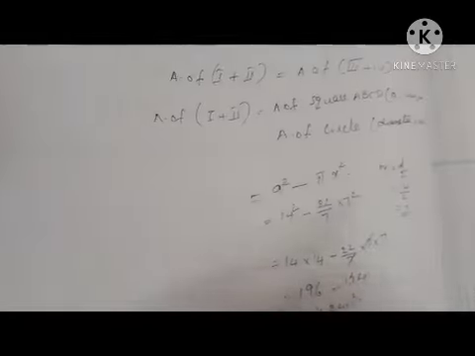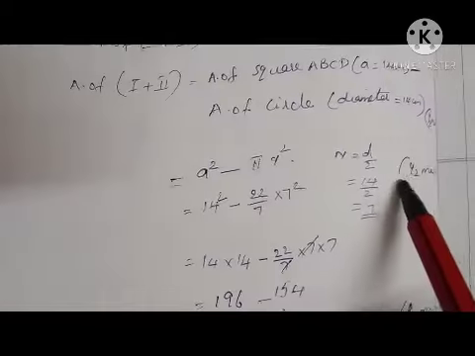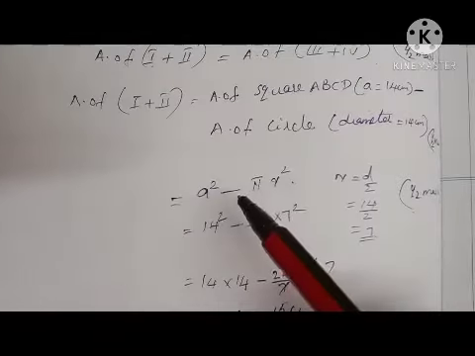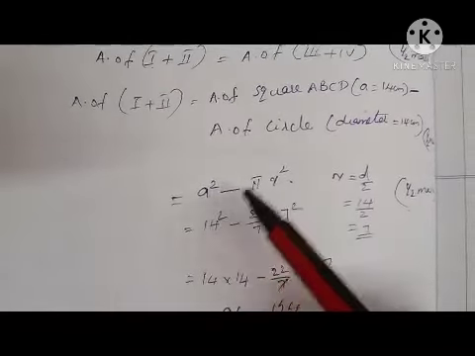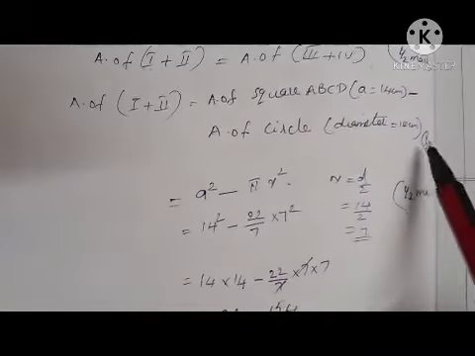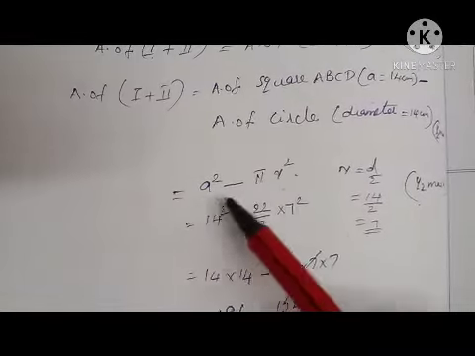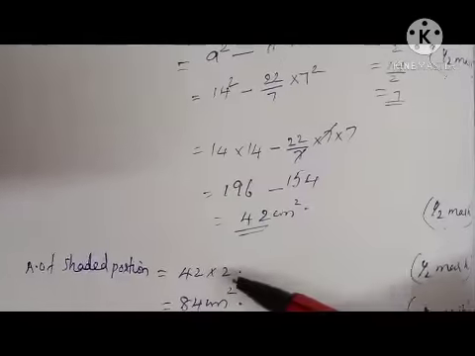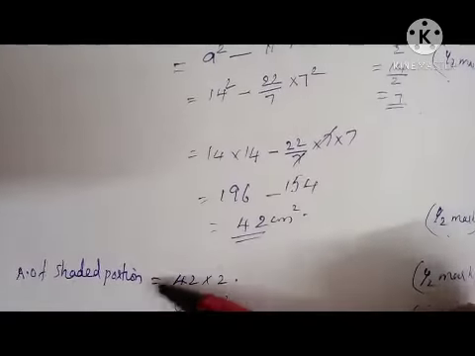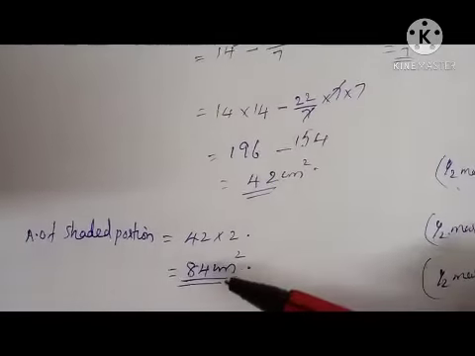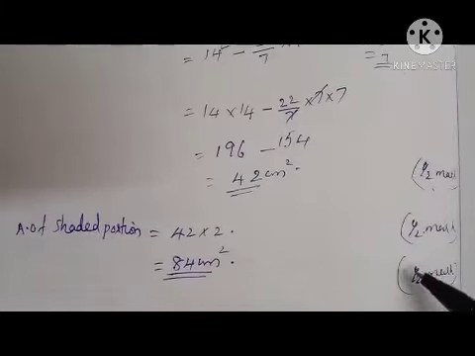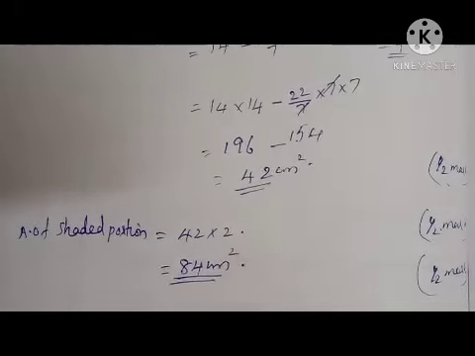Here it is a 3-mark question. So how the mark distribution, that we can discuss now. Half mark for identifying this. Okay. Then another half mark is for substituting these values. For this and this identification, half mark each. Then writing the equation, half mark. Then find the value, half mark. Then for identifying this, 42 into 2 is the total. For that, half mark. Then last answer 84 centimeter square with correct unit. Then you will get half mark. Total 3 marks.